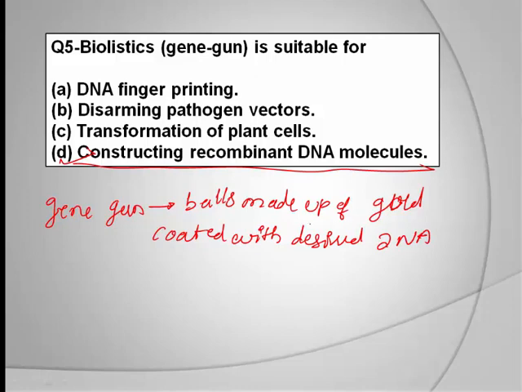The DNA which we want to insert into the host is coated on the ball, and these balls are allowed to bombard so that the desired DNA can be introduced into the host cell,